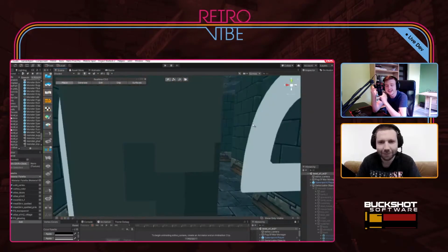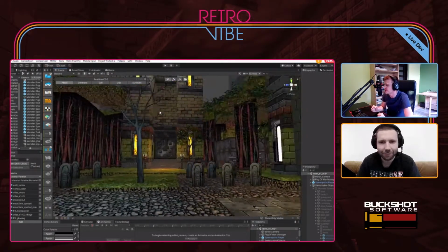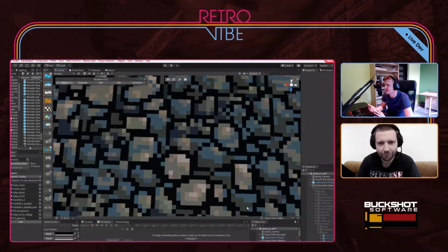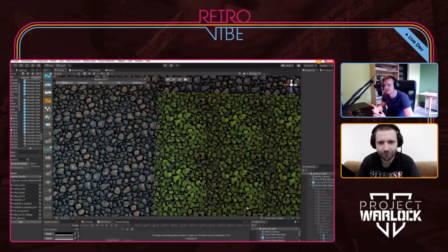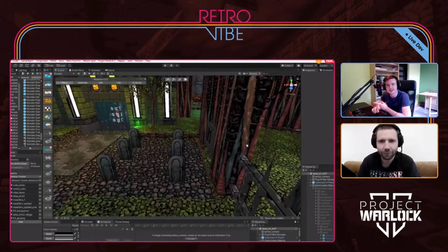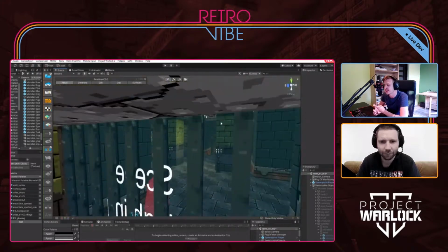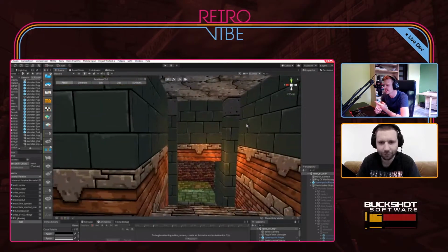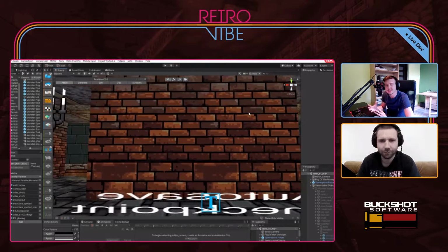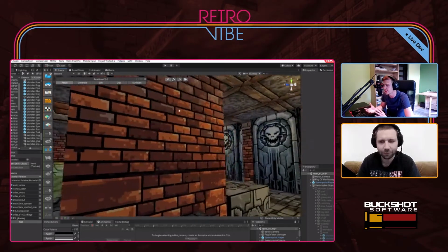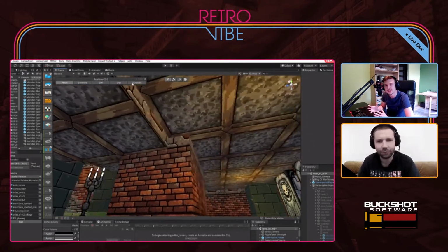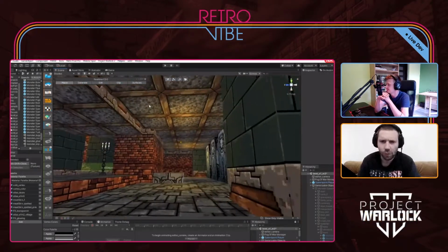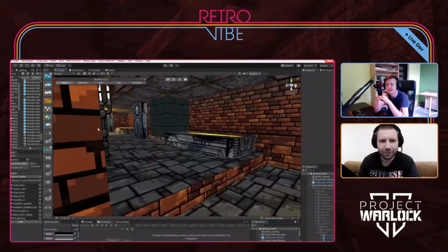Yeah, so by the way, as you can see, guys, if you could zoom in on some textures, David, I think you can see a lot of similarities between the art style of Project Warlock 2 versus Project Warlock 1. You still have that comic-styled black outlines, which I think define kind of how Project Warlock looks. And we are still keeping that low resolution pixel art textures, but I think we went a little bit up when it comes to the amount of pixels, right, David? We have a little higher resolutions.